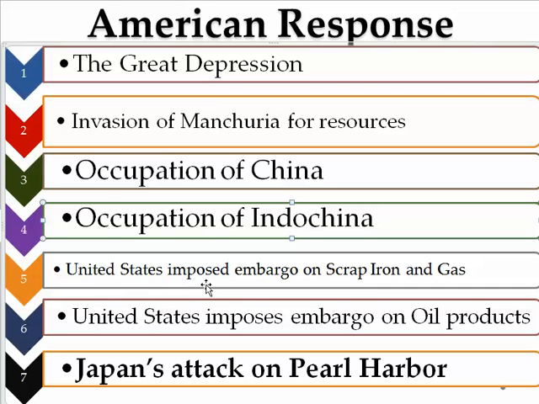The United States is going to impose an embargo. In other words, they're going to refuse to sell to Japan scrap iron and gas that is vital to that country for expansion. That was a sanction we did economically, and usually following a sanction like this is a declaration of war. But what happens is the United States imposes this embargo on these oil and gas products and iron products, and then Japan gets upset about it because they feel like it is a declaration of war, even though it wasn't. It's just a sanction saying we didn't agree with their occupation of Manchuria, China, and Indochina. So Japan attacks Pearl Harbor in response.